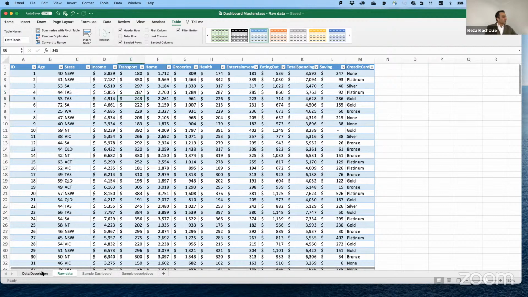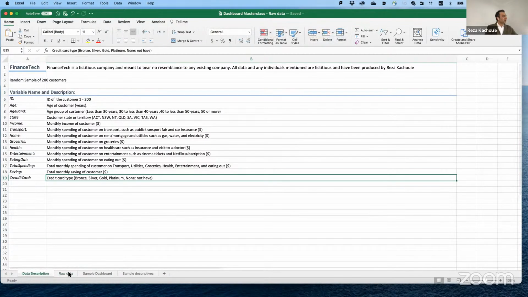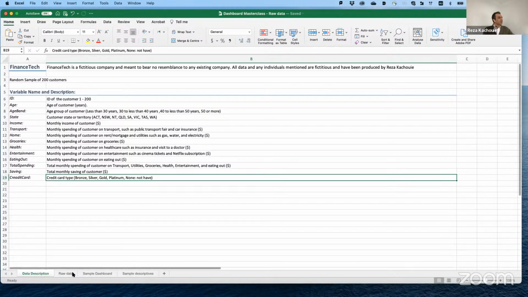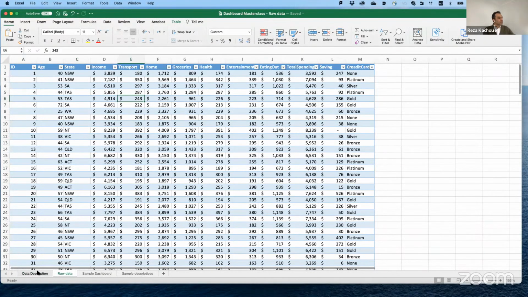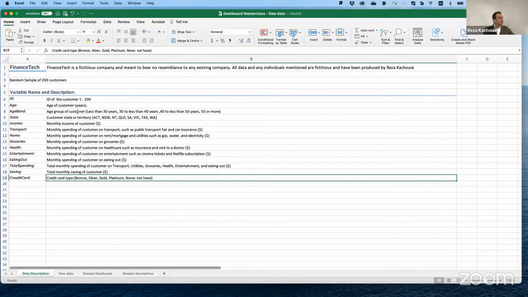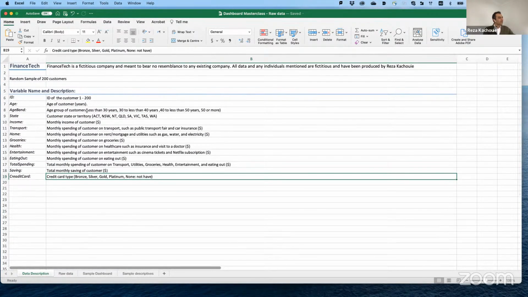So if you look at the data description, you can see that we have age groups that can be very helpful when we want to create slices. At the moment, there is nothing like that in our raw data, but we have some hints. The hint is that we have a few groups: less than 30, 30 to less than 40, 40 to less than 50, and 50 or more.